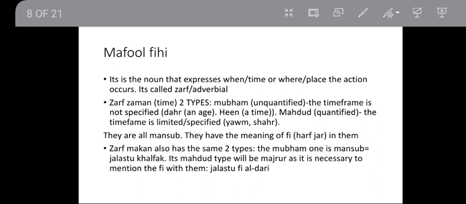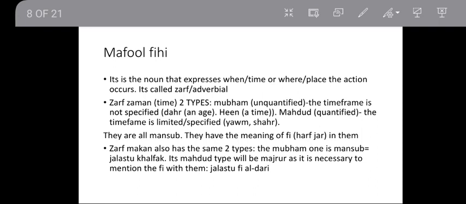So I could say sumtu shahran or safartu shahran. I fasted for a month or I traveled for a month, and a month is a specific amount of time. Our focus here is the word shahran, and this is a mufrad munsarif sahih word. So it's represented by a fatha in halat al-nasab. So you'll know how I said shahran, the sound. So this is a restricted and a specific time, the zaman mahdud, as they call it, and they're all mansub. So dharf when it is zaman will always be mansub.